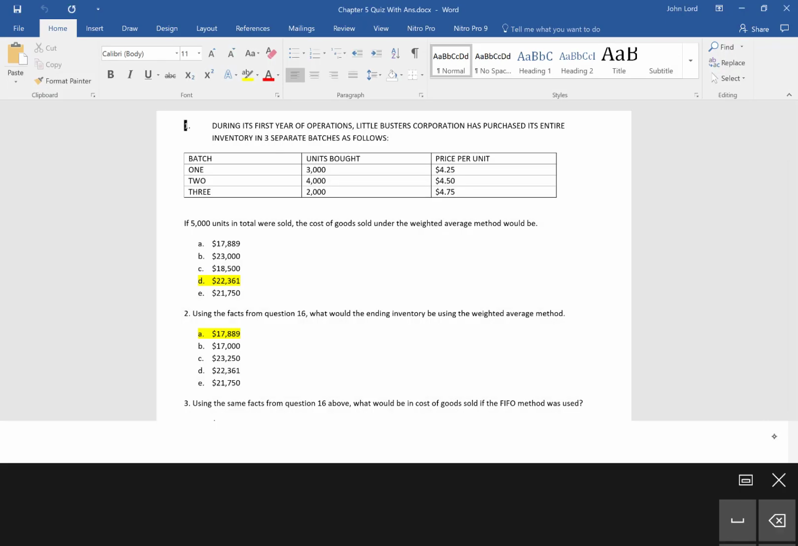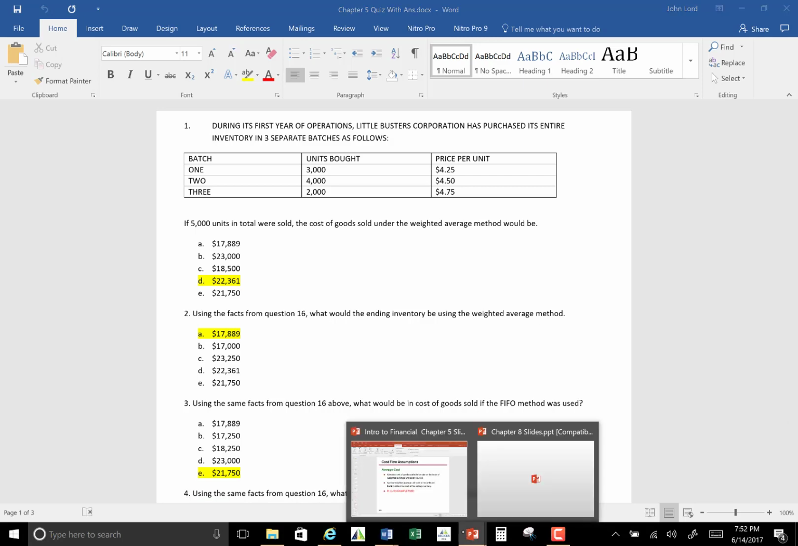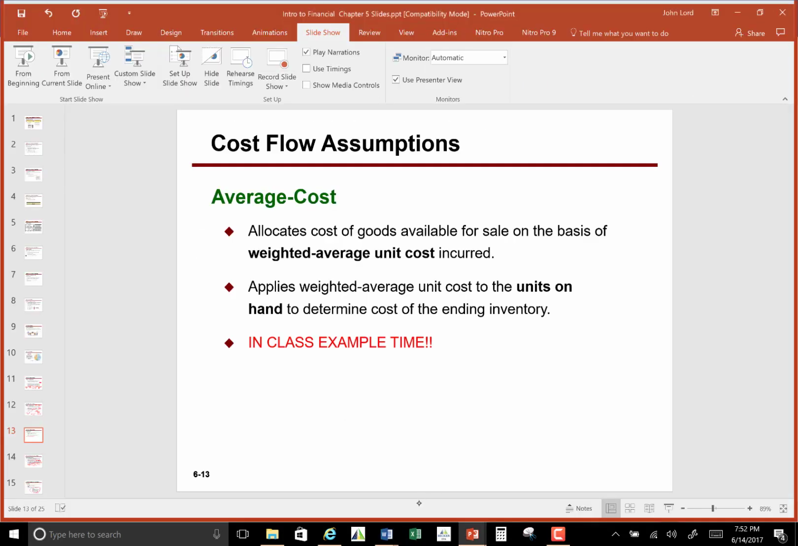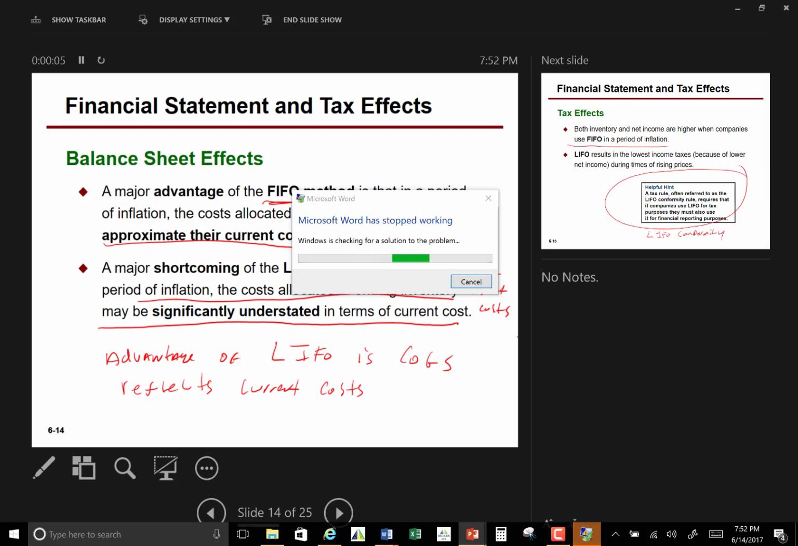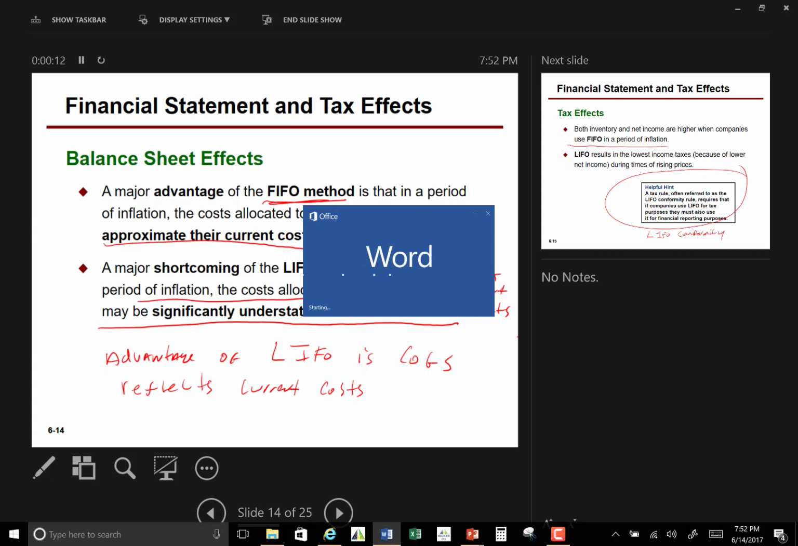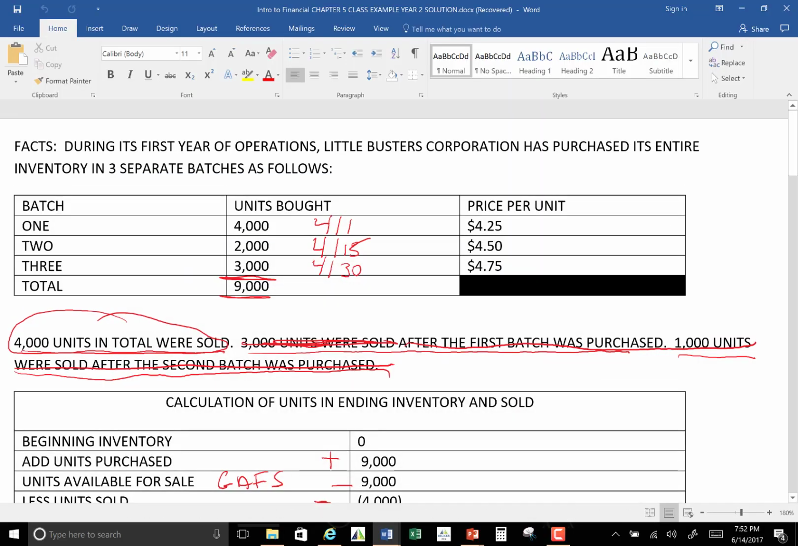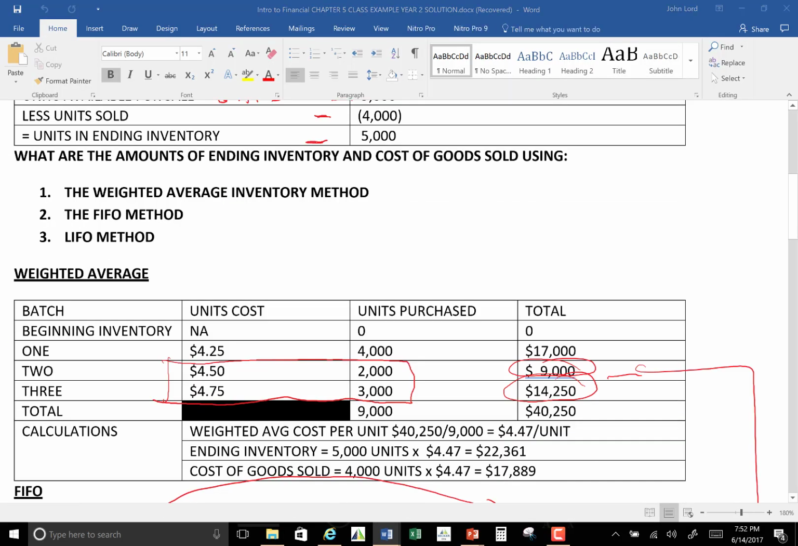Okay, and before we actually go into that, I think we still have a couple things left from the slides. So let's do the test after we have completed the slides. So we did our little in-class examples. Okay, we talked about, guys, don't forget the balance sheet effects, right? Okay, that we talked about before. We also had a discussion of the